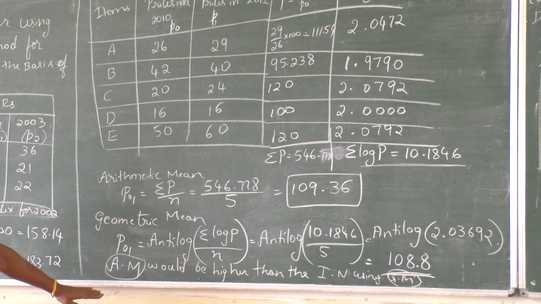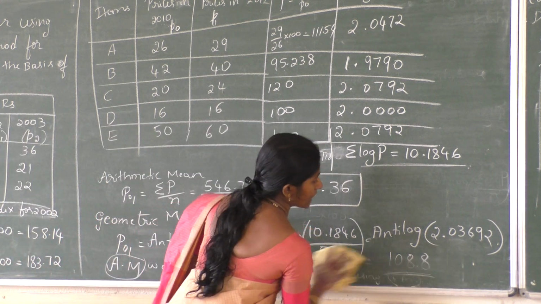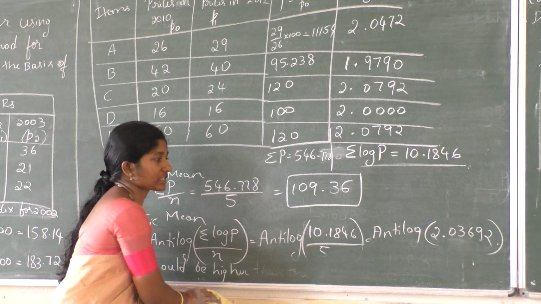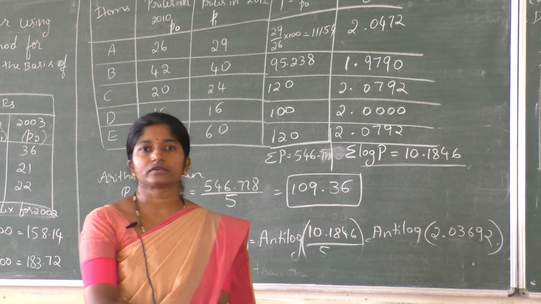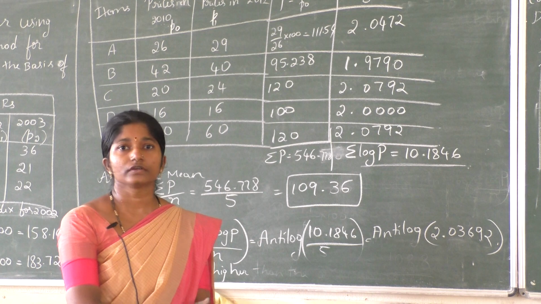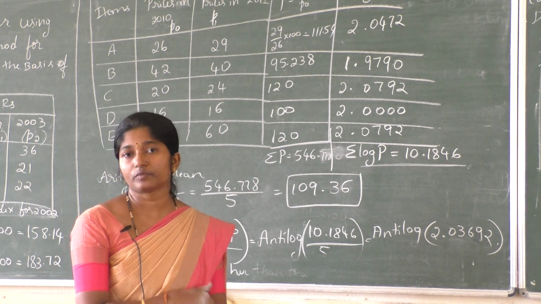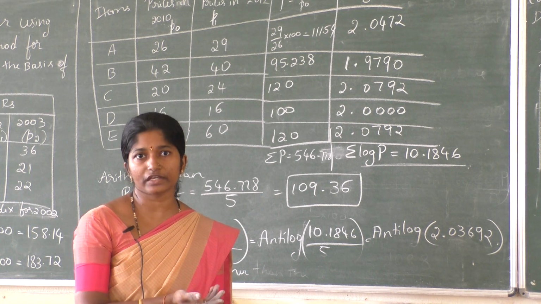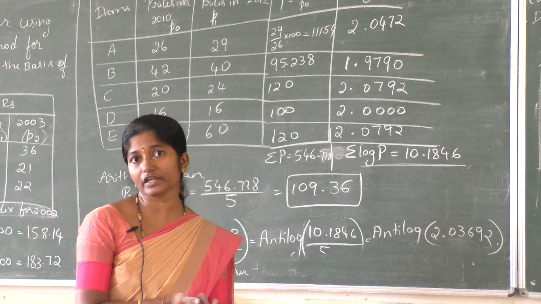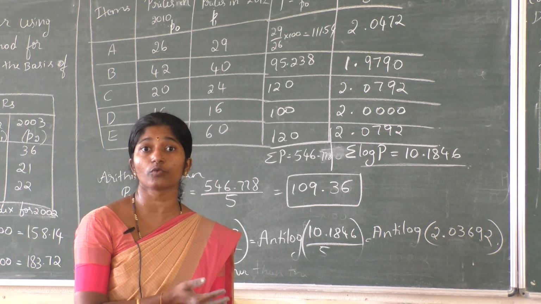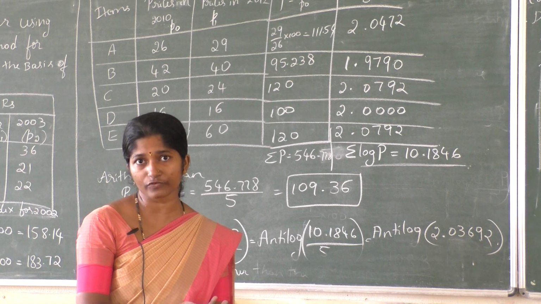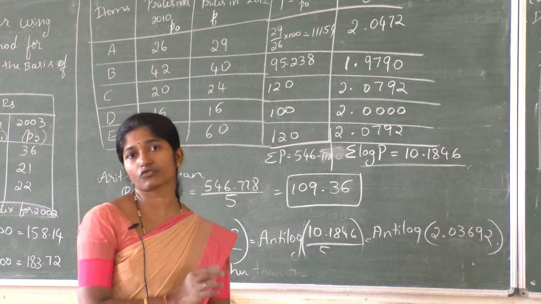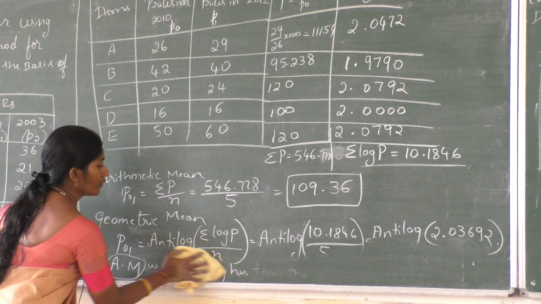Here we have completed the unweighted index number. Next we will go for the weighted index number. In the last class we told what a weighted index number is. In the unweighted we are giving equal importance, but in the weighted index number we are not giving equal importance to the various items. We are giving relative importance, which means whichever item is the most useful is the one used for the calculation. That is the weighted index number.